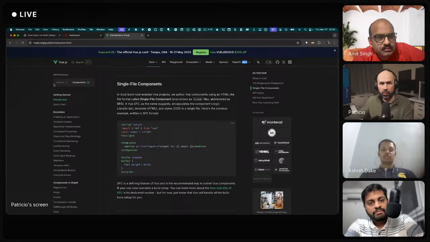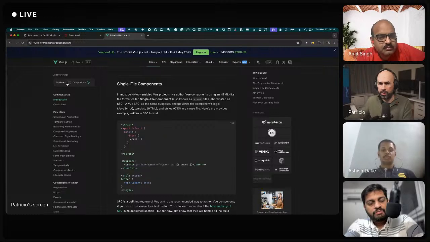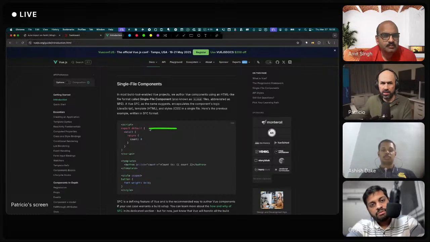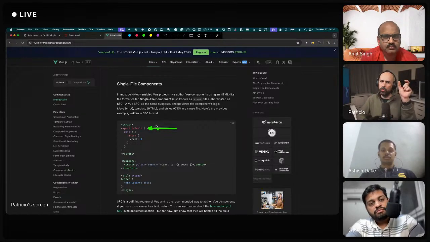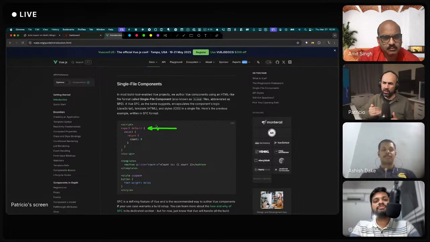But there's another way, which is the options API. That said, options is an object, so for me it resembles a class and structure. There's a data key where you put data. There's a methods key where you put methods, right? Computed properties. Okay, there's a structure.